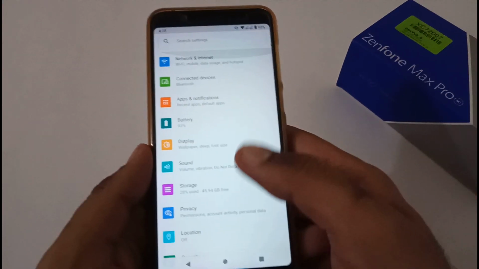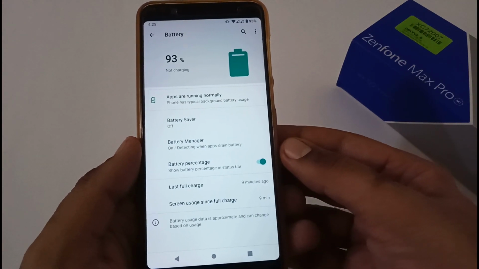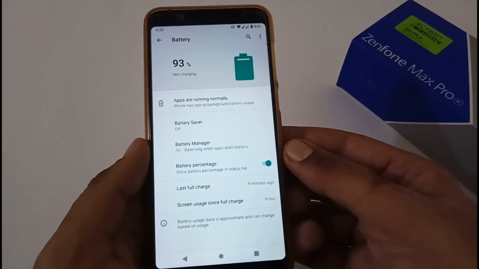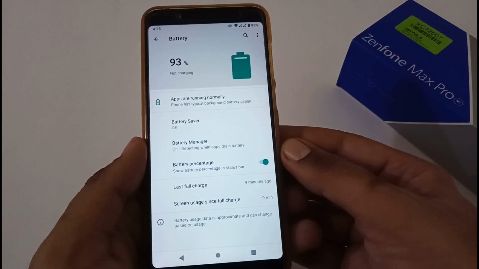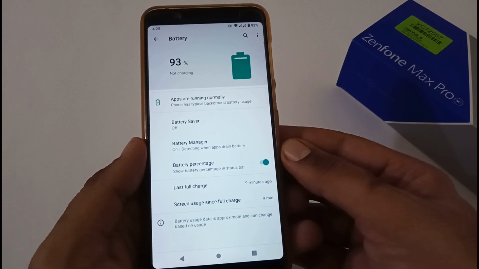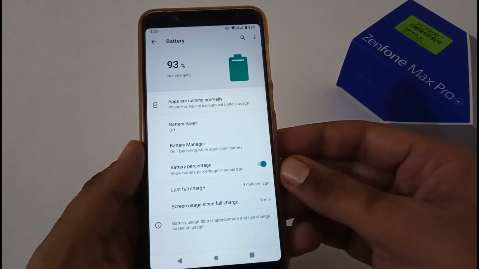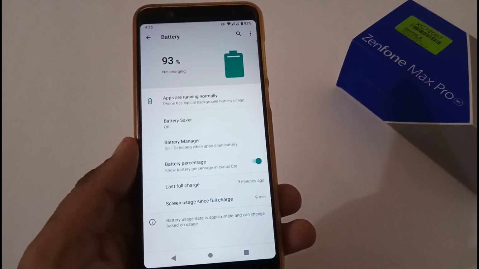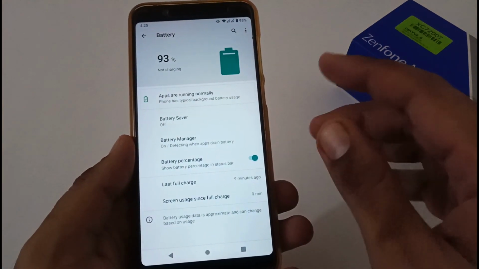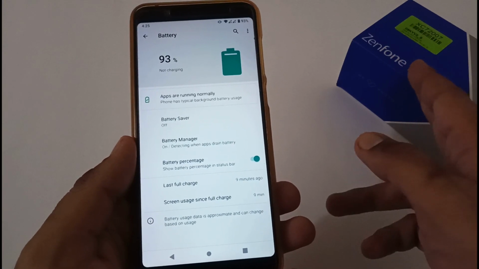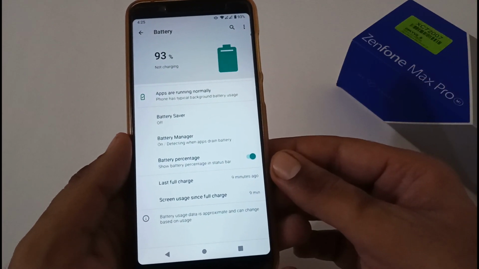After the sound section, now let's move to the battery section. The very first thing that we will discuss is battery charging time. It took nearly 2 hours and 57 minutes to fully charge my phone from 0 to 100%. It's really good that in under 3 hours we are able to charge our phone from 0 to 100%. And again, let me confirm, I'm not using the default shipped charger with this particular ROM. I'm using a compatible 10-watt charger.